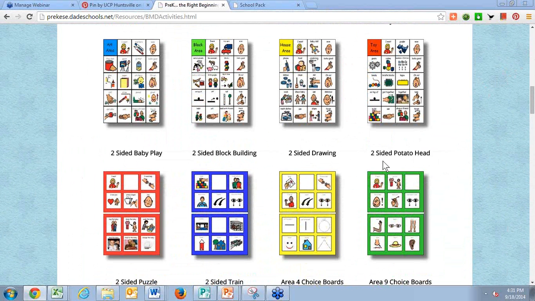And we've gone over quite a few things today as far as the types of picture symbols that you can use and the purpose of using picture symbols, the organization of picture symbols, the physical aspects of picture symbols, making sure you know who the communicator is and what their skills are, as well as the learner and facilitator. And then we briefly talked about some different ways that you can create your own picture symbols, whether you're using BoardMaker, the software, and downloading great resources such as the one I'm currently showing you, or using PowerPoint and Google Images, a very simple way to create picture symbols, or using other free websites that let you download picture symbols. And if you have any additional questions, feel free to ask them now,